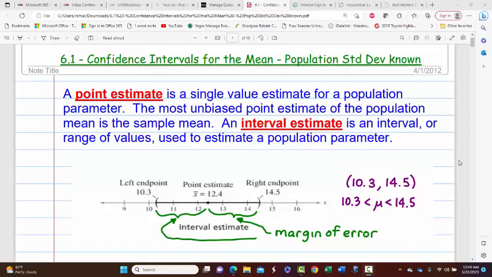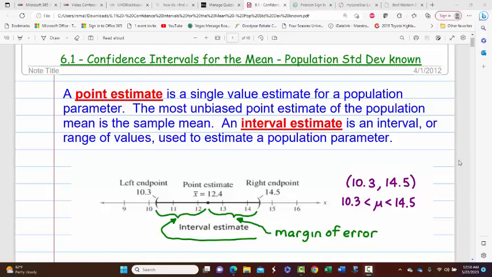Hello, this video is section 6.1 from the Larson book, Confidence Intervals for the Mean, Population Standard Deviation Known. So what we're doing primarily for the last third of this course is a branch of statistics called inferential statistics, where you are using sample data to make an educated guess about what you think the population value would be,